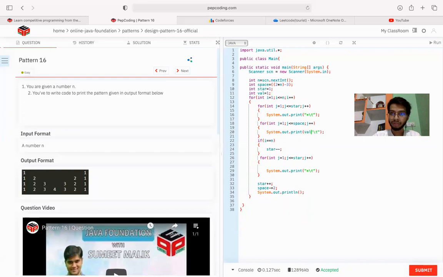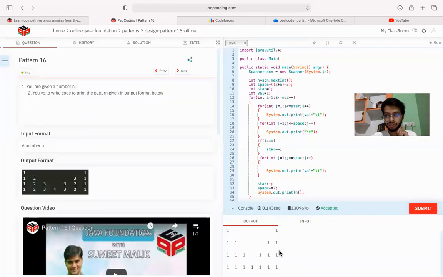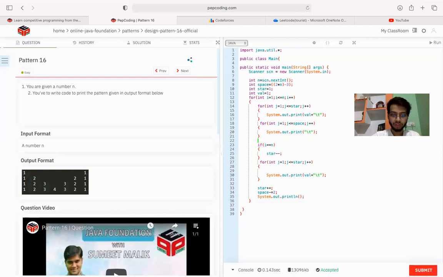Okay, so for example my value variable is this one. In the not in the space part, instead of start I need to print that value variable. In the next, again I need to print the value variable. Okay, so now I have done with the value variable. Now what will happen, it will print simply 1, because we have initialized it with 1. So now if I increase the value variable, what will happen,